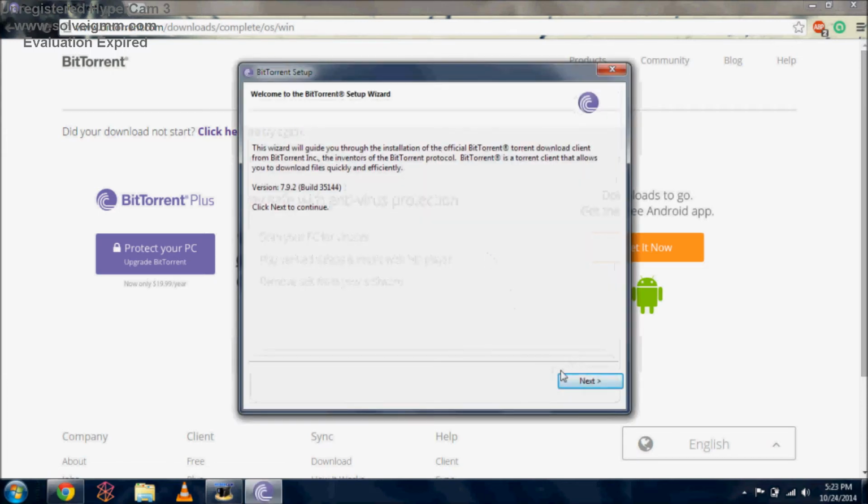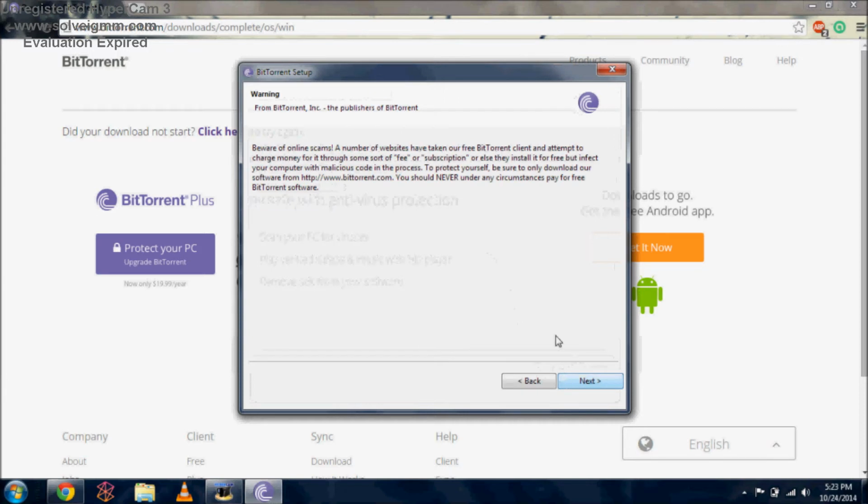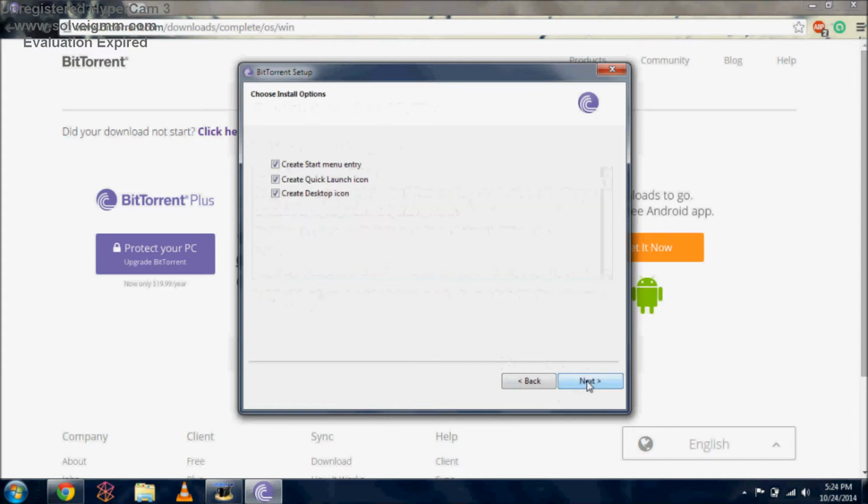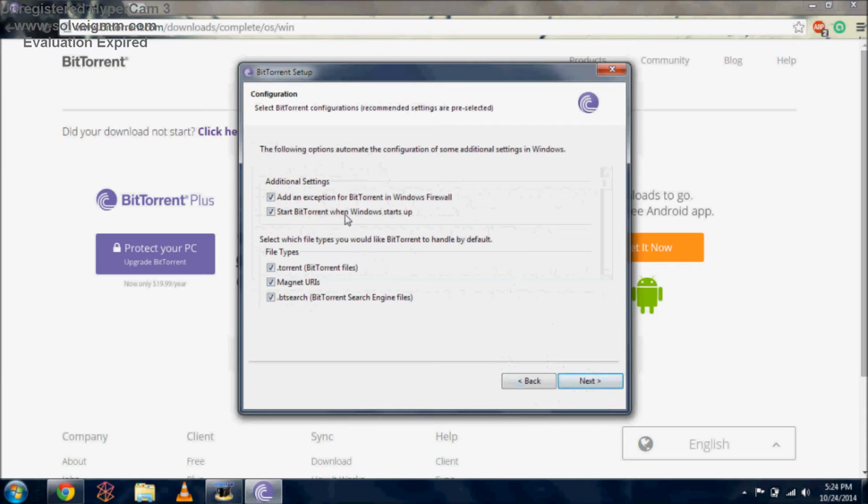Now, BitTorrent will give you a couple little warnings for advertisements that take place during the installation process. However, you do need to accept the end user license agreement, and that's just preference. You can hit next, and it's probably a good idea to uncheck the Start BitTorrent when Windows starts up box,